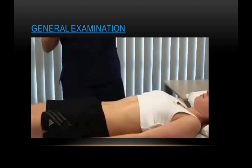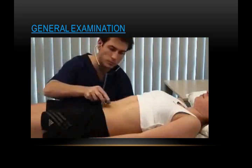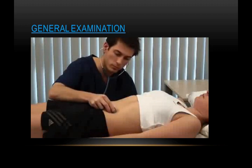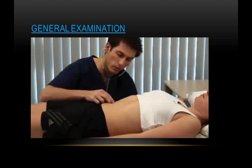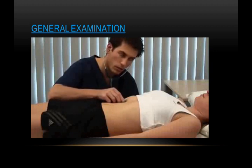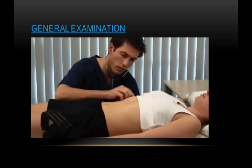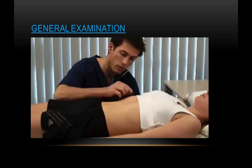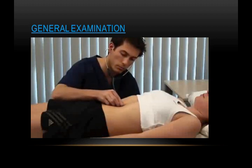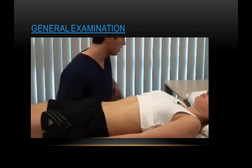Next, use the diaphragm of your stethoscope to auscultate for bowel sounds. These gurgling sounds of normal peristalsis are usually present every 5 to 10 seconds, but you need to listen for at least 2 minutes before concluding that they are absent. Listen over the kidneys for the bruit of renal artery stenosis, and over the liver, where a bruit may be caused by hepatitis or hepatoma, and over the umbilicus for an arterial bruit that might suggest an atheromatous or aneurysmal